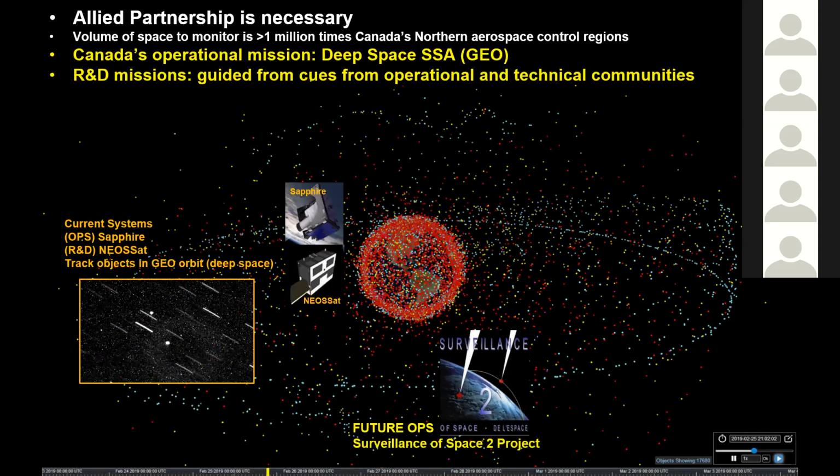So we know they're out there because we've seen spot evidence of them existing through very, very large aperture telescopes, but it's actually hard to maintain and track them. From the R&D world, we're working on the next future SSA microsatellite, a follow-on to NeoSat. It's still being settled right now as to what the final form is going to be, but it will have both a geosynchronous mission similar to Surveillance of Space 2, and it will also have a LEO mission where we start tracking objects much closer to Earth in that red blob that you see surrounding the Earth,